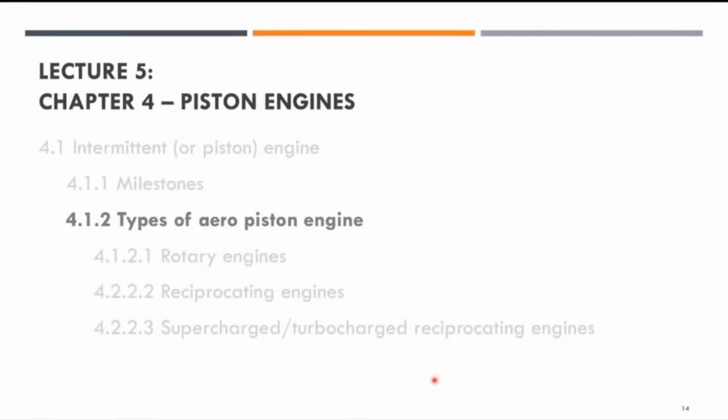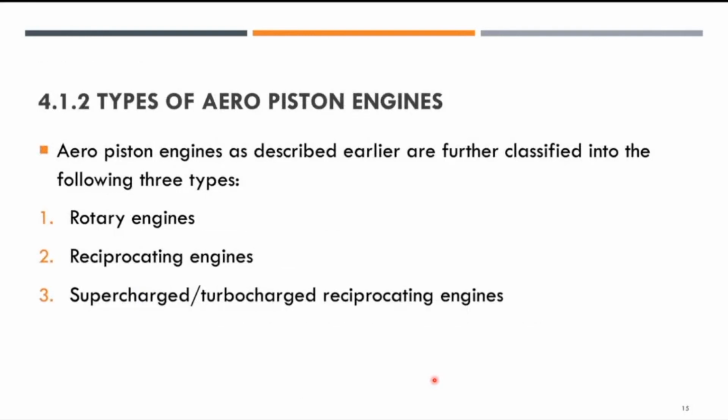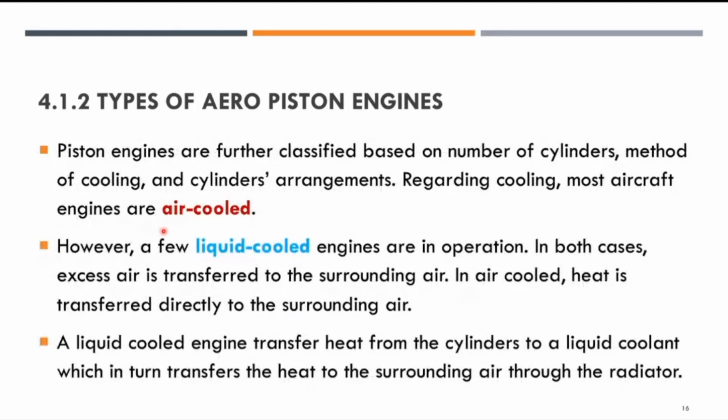Okay, let us look into more detail in terms of the types of aero piston engine. We start with the three most famous piston engines: rotary engines, reciprocating engines, and finally supercharged or turbocharged reciprocating engines. The piston engines are further classified based on the number of cylinders, how many cylinders the piston engine has, and then they are also classified by the method of cooling as well as